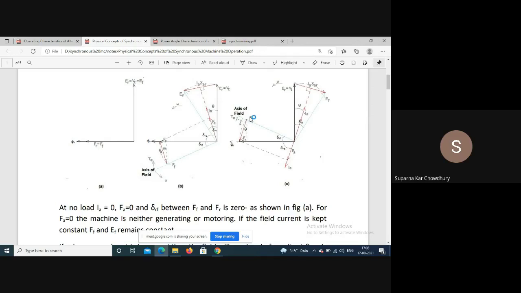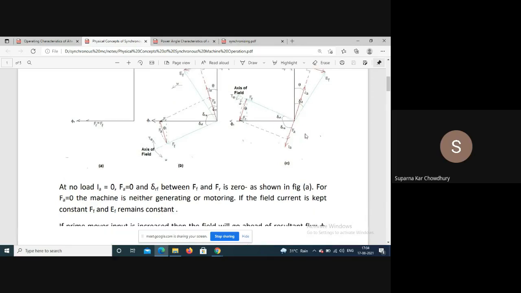But you can see that the FA direction is now in the negative direction. So this is FA, and so the current will be in this direction. So this Vt plus IaRa will be your EF. So this EF is again leading FF by 90 degrees. So the current here is negative with respect to this. That is basically this acting as a synchronous motor. So if we put the load on the shaft, the machine will act as a synchronous motor.